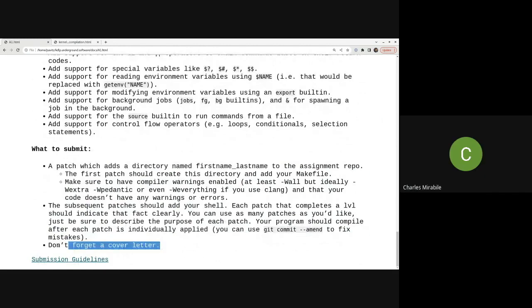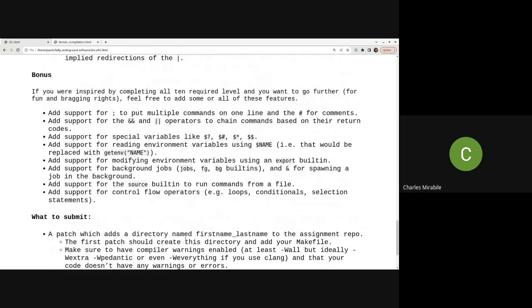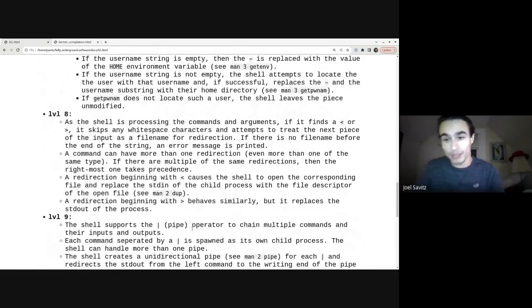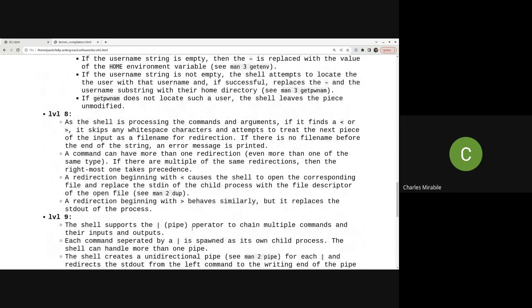And of course, cover letter. Please don't send just one huge squash commit, because that probably would be kind of annoying to read. Part of it is for practice. You can have more than one commit per level, but